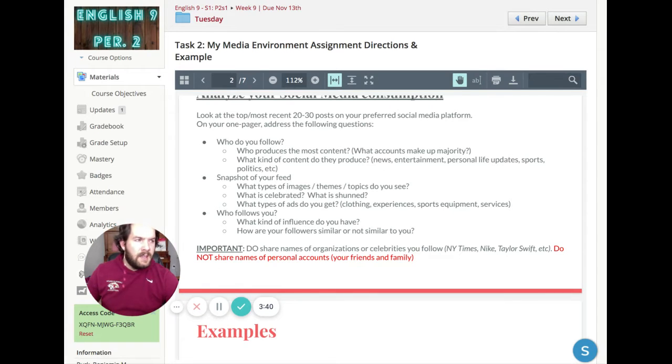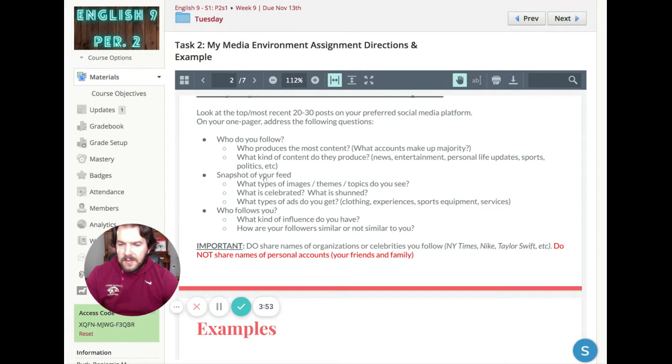For me, it would be a lot of teachers, football coaches, sports people, news and information, and different media people. Then you want to provide some sort of snapshot of your feed, right? You could take some screenshots. You could just write stuff. You could choose to put screenshots of tweets or texts or whatever that you got going on there, and then you